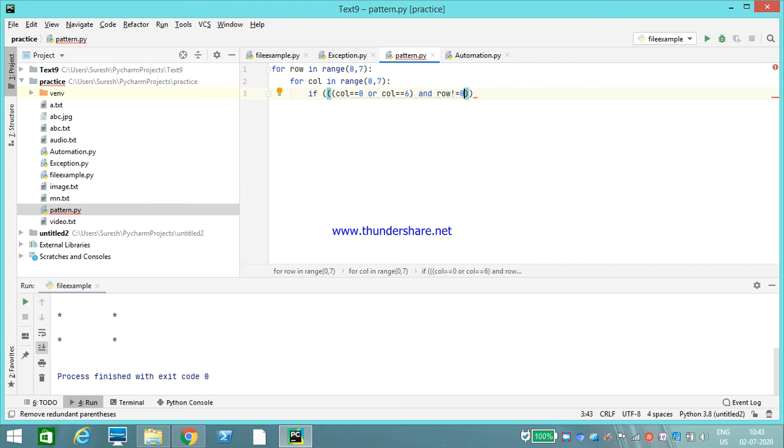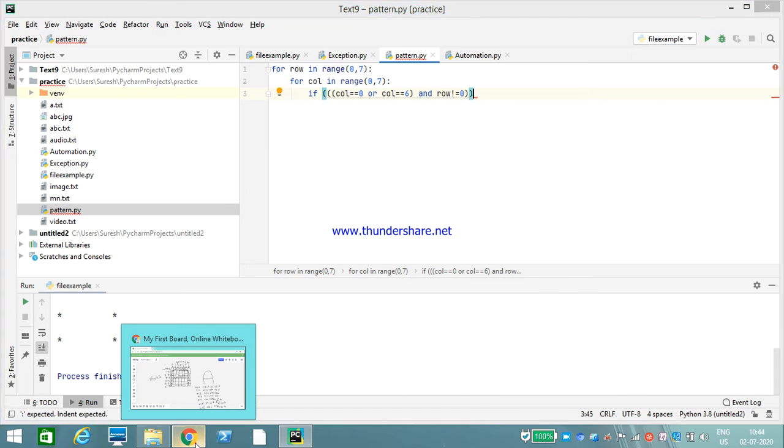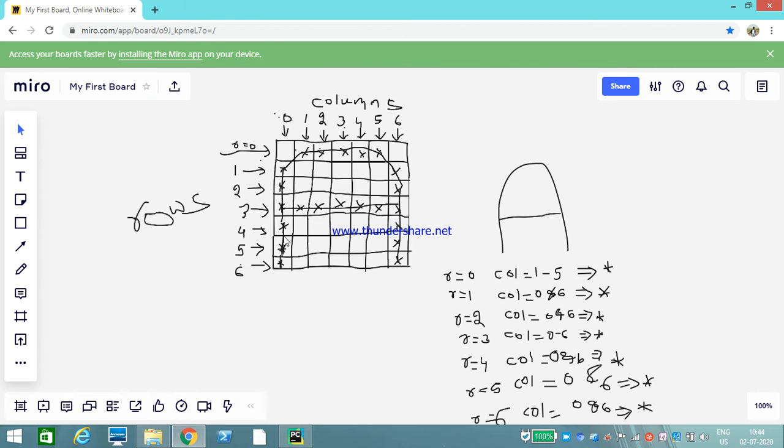So I don't want to print star in columns 0 and 6 in this row. Now what else do I need to get? In the 0th row I have to print column 1, column 2, column 3, column 4, column 5 as a star.